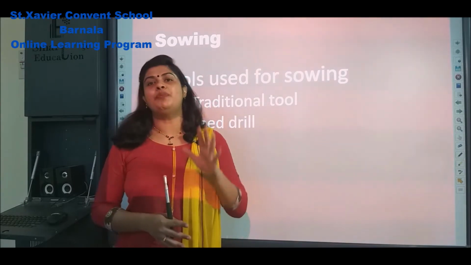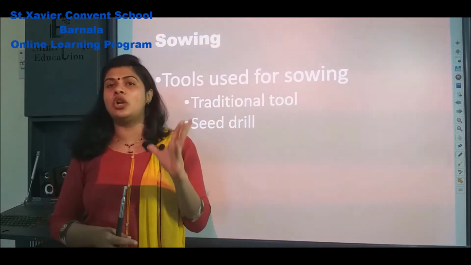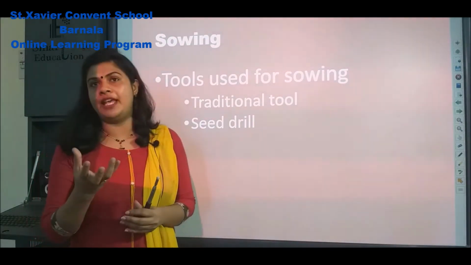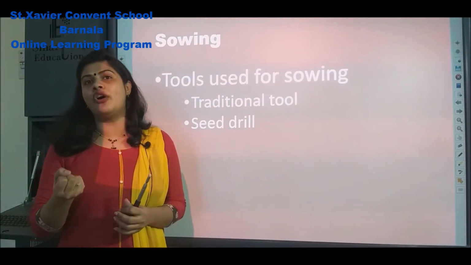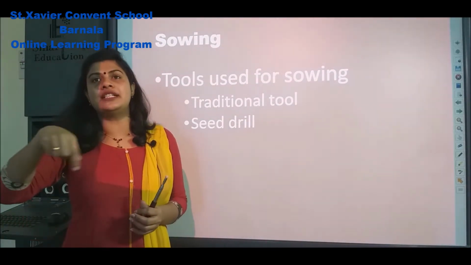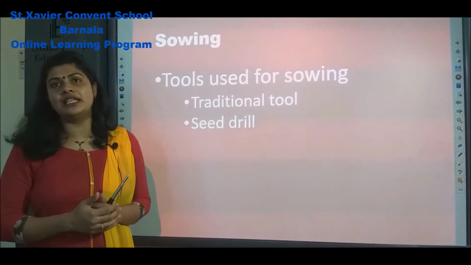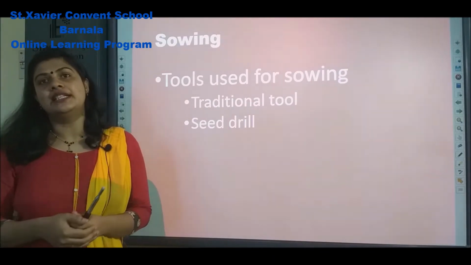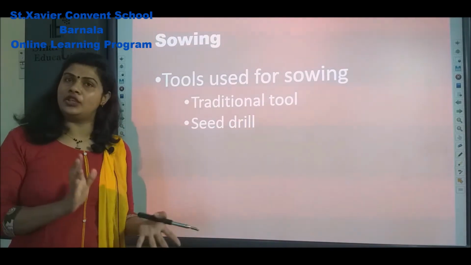Sowing is an important part of crop production. Before sowing we need to check the quality of the seeds. How do we check the quality of the seed? For example, take a beaker, fill it half with water, put in a handful of seed and stir it well. If any damaged seed is there, it will float on the water and the other seed will sink. From this we can separate damaged seed and good seed.